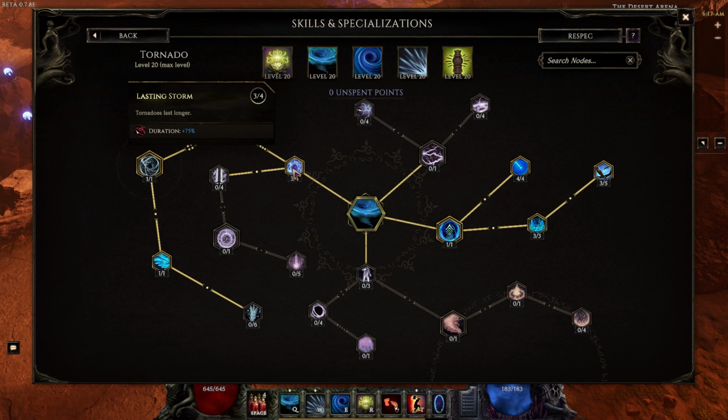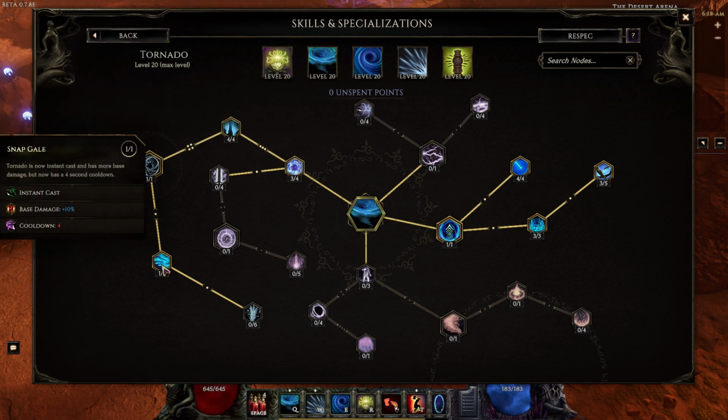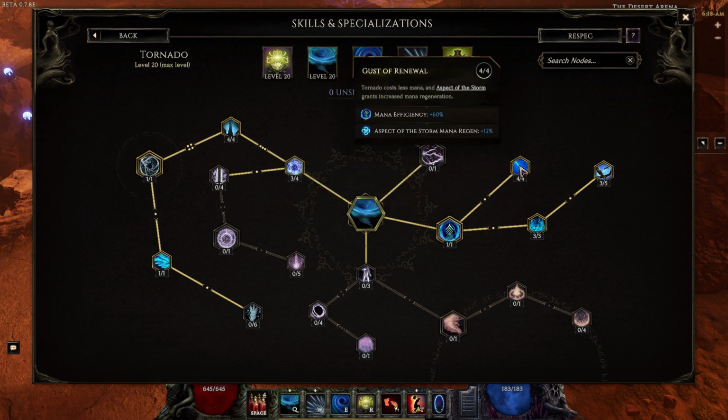So we have 3 points in Lasting Storm, 4 points in Hurricane, 1 point in Eye of the Storm, 1 point in Snap Gale to make it an insta-cast. That way it won't stop you, because Maelstrom already is going to make you stutter step when you're trying to cast it. 1 point in Aspect of the Storm for some move speed,